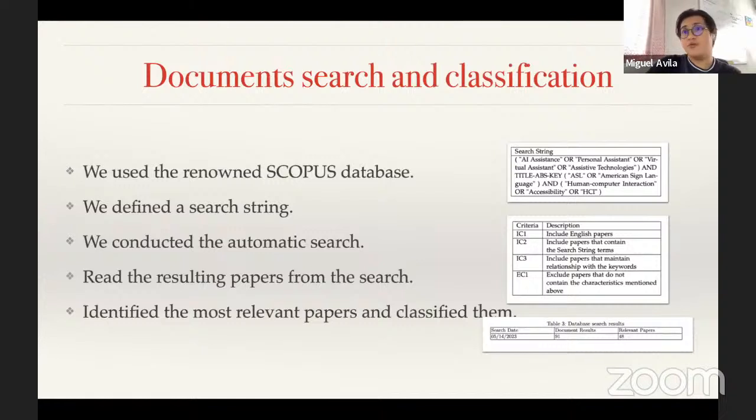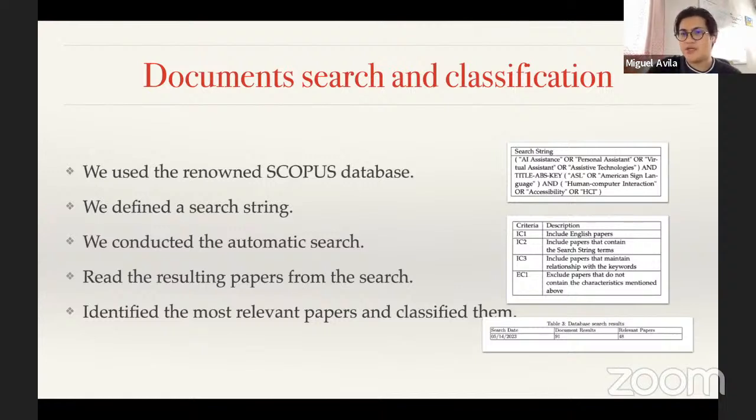So how we did this, basically we used the renowned Scopus database because of its really large size. Then we identified a search string. As you can see in the first picture at the right, that's our search string. We included the AI assistant, personal assistant. We also included any other assistive technologies specifically. Also, we used American Sign Language as one of our tokens, and of course, human-computer interaction because of the focus